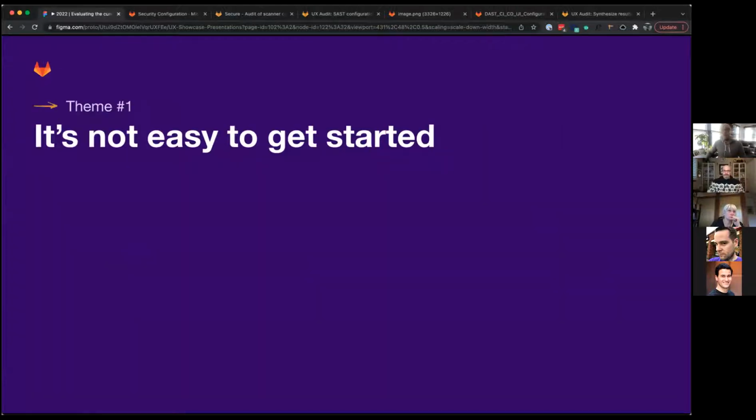The first thing we learned is that it's really not easy to get started with security in GitLab. The entry point into security isn't that easy to find, and the features don't currently communicate the problems being solved with value to new users all that well, at least not within the configuration workflow. And the process of configuring security tools can be perceived as pretty complex, especially for those who are unfamiliar. We really weren't doing much to educate users about that within the UI,